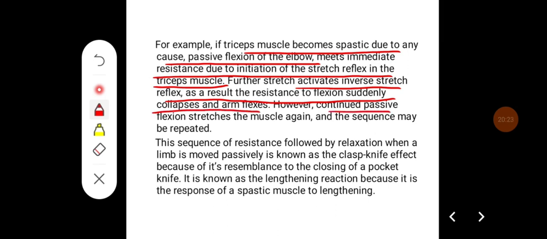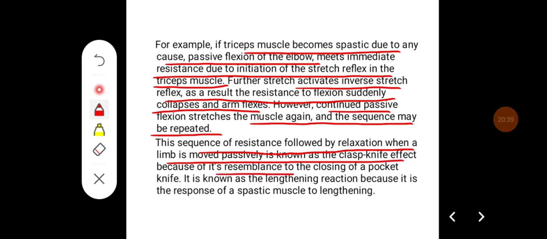However, continued passive flexion stretches the muscle again and the sequence may be repeated. This sequence of resistance followed by relaxation when a limb is moved passively is known as clasp knife rigidity or clasp knife effect because of its resemblance to the closing of a pocket knife. It is also known as lengthening reaction because it is a response of a spastic muscle